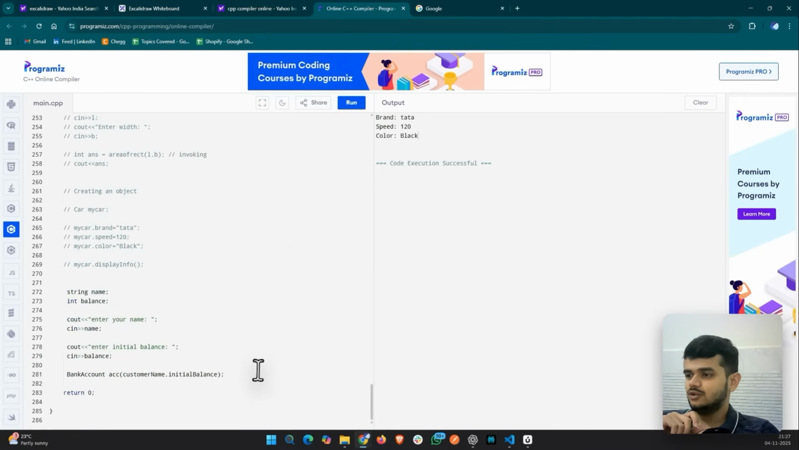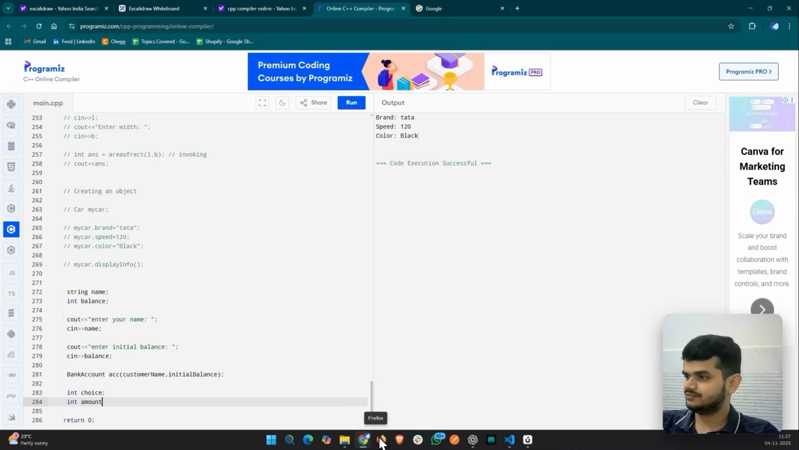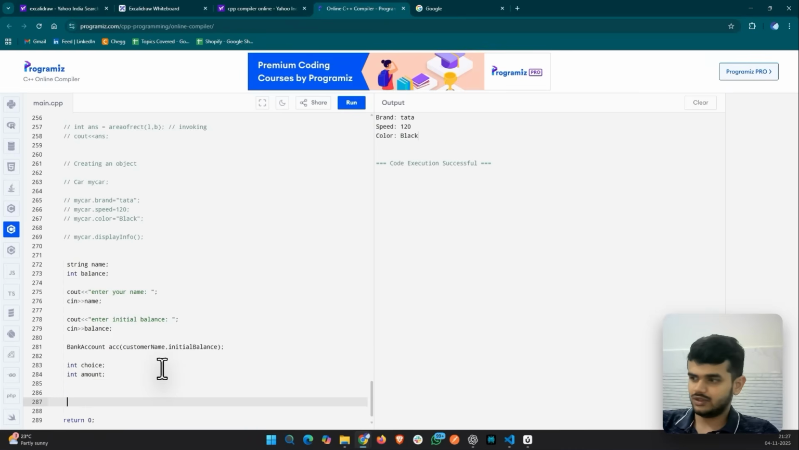Okay, so now once this is done, I will give the users the choice of what they want to do, whether they want to deposit, whether they want to withdraw, or they just want to show the balance. So I can say something like int choice, and maybe int amount. Yeah, so now what I can do is, first of all,